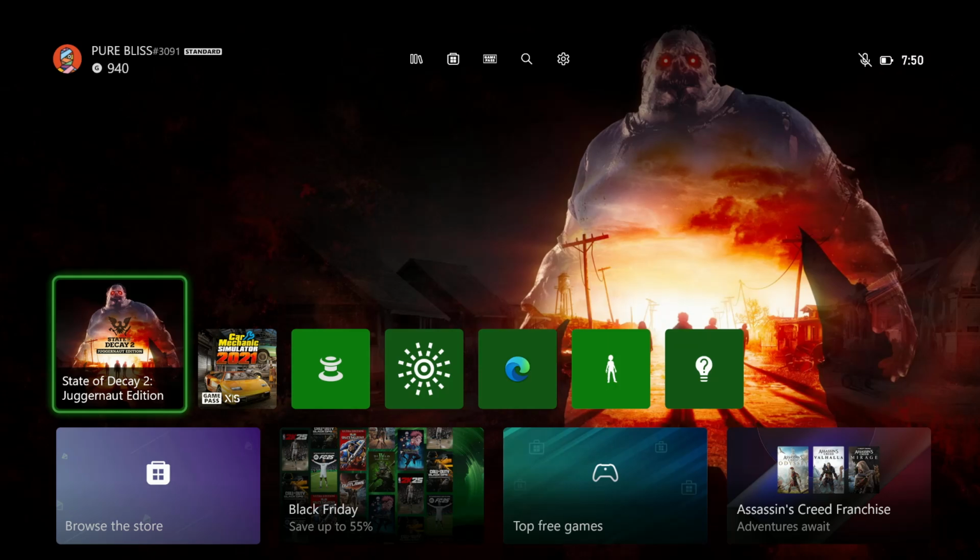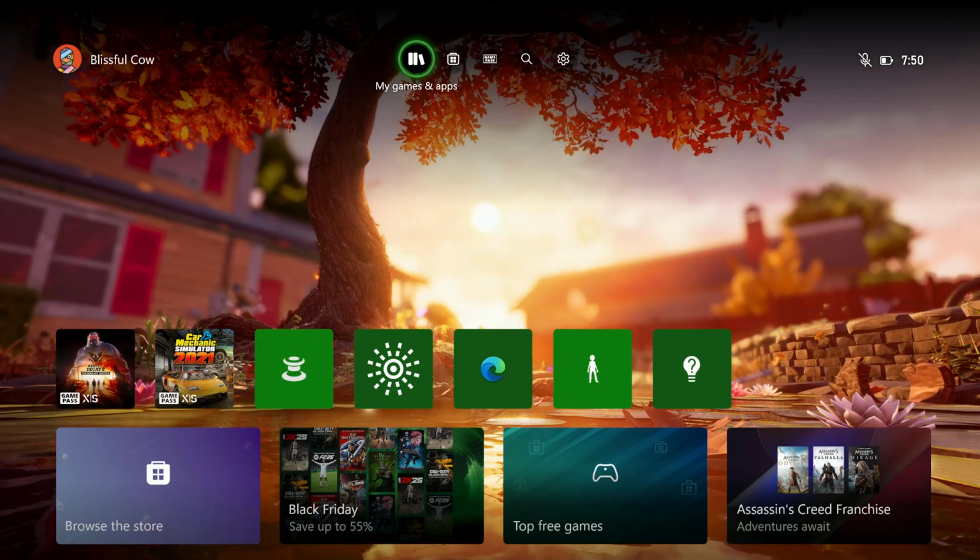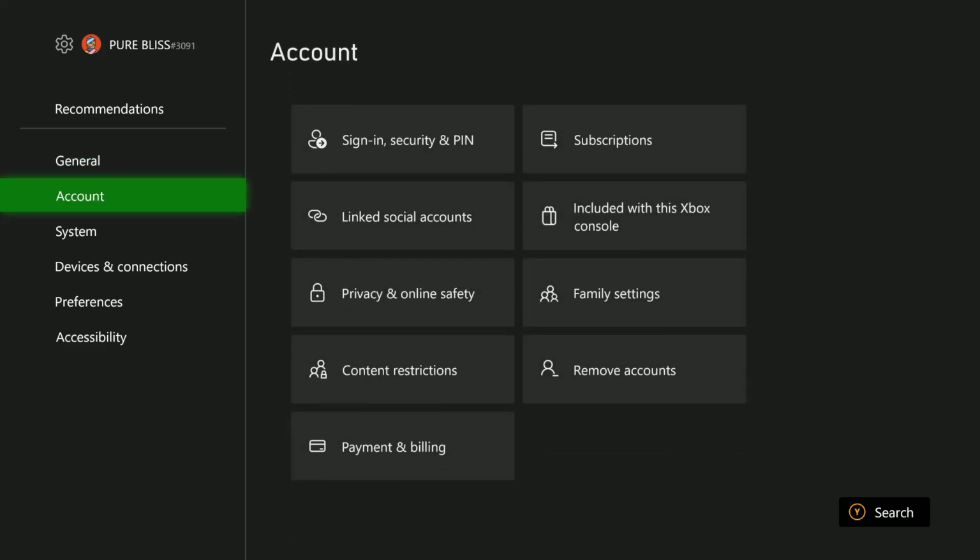Welcome back, and in this video I'll show you how to factory reset your Xbox Series X and keep your game data and applications. So all you have to do is power on your console and get to this homepage, and then from the menu that appears on top of the screen, select Settings, and then within the settings scroll